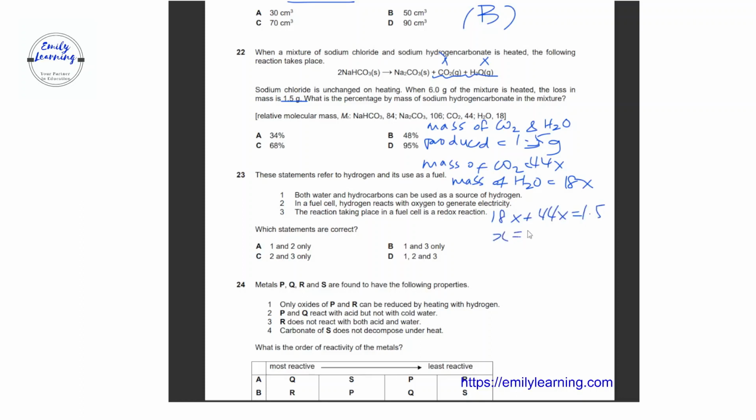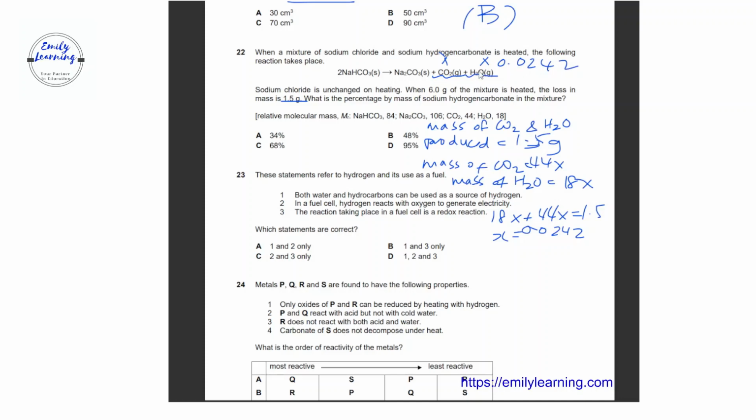So from there, I can find the number of moles of CO2 or H2O produced. So it's 0.0242. So I know that 0.0242 moles of CO2, 0.0242 moles of